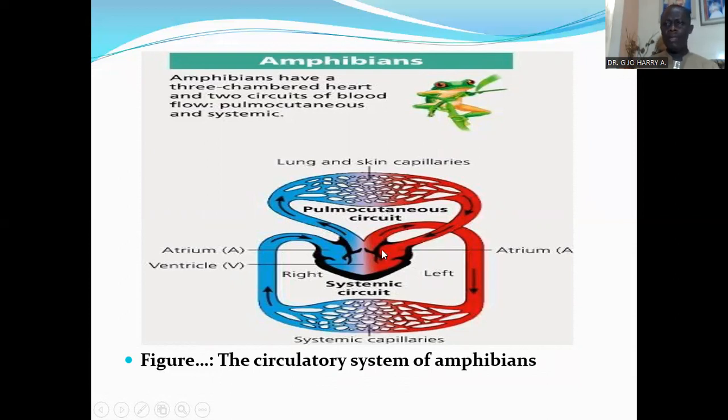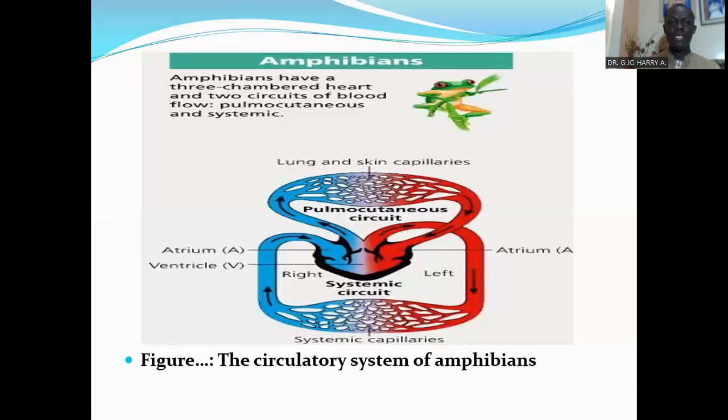In reptiles and birds, there are 3 circuits. We have the coronary circulation, the pulmonary circulation, and the systemic circulation. But in amphibians, we have 2 circuits: